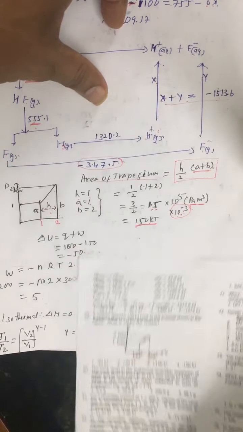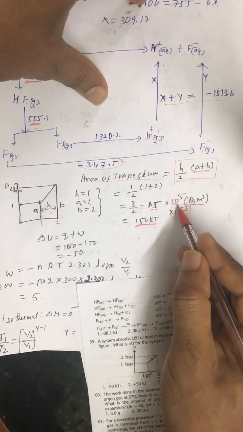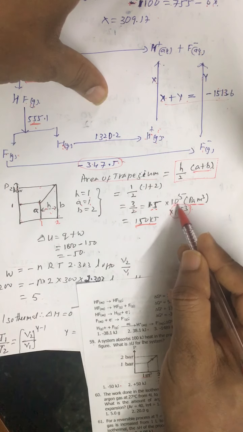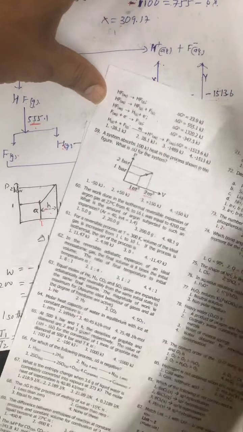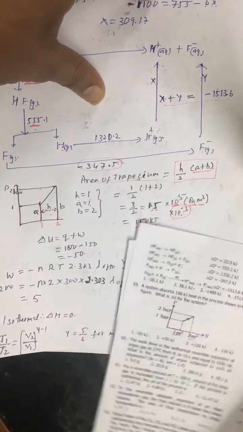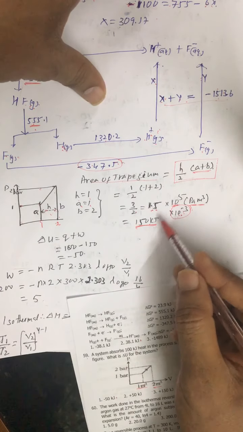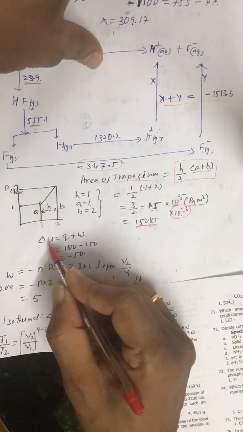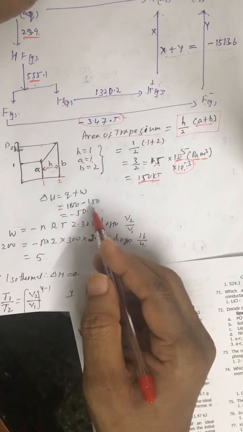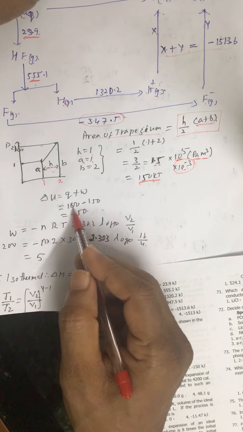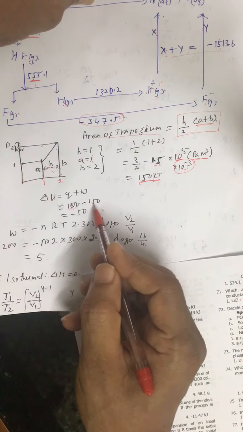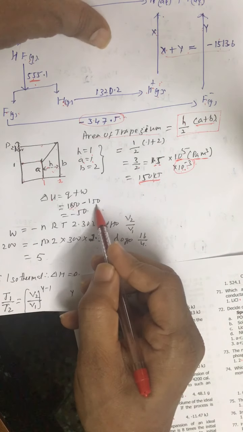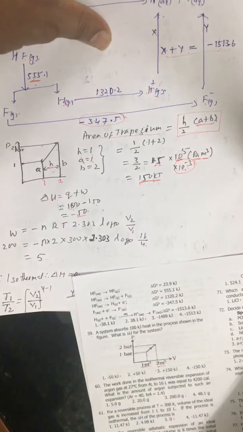So we have calculated this value, and then we are using this conversion factor 10 raised to power 5, because you are getting it in bar, the units are in bar, so it is converted into kilojoules. Then delta U or delta E is equal to Q plus W. This value is mentioned. We have supplied 100 kilojoules of heat, and it is doing work equal to minus 150. So the difference is minus 50.